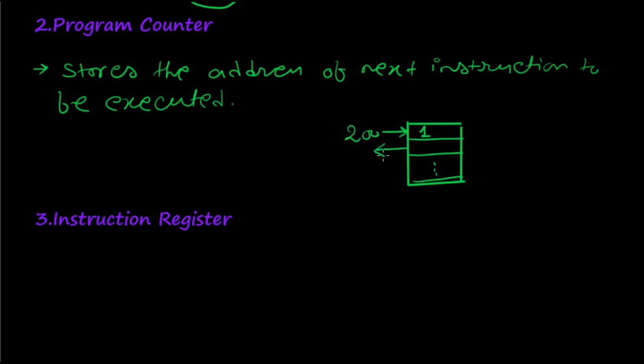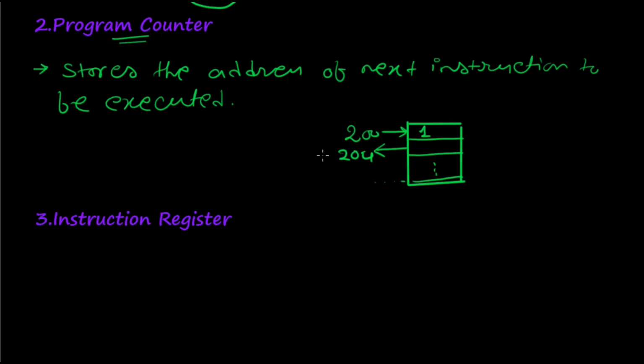The second, let's say 204, and so on. Okay, no problem. Now what this program counter will do is automatically locate the next instruction that